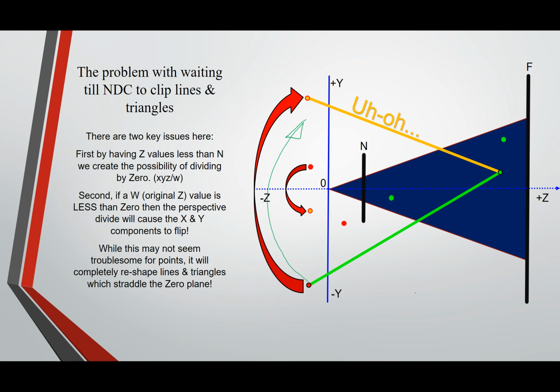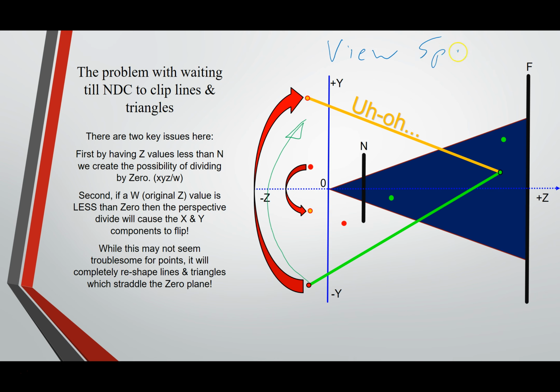Well, it can't be NDC, right? Because in NDC, 0 is where the near plane is. It can't be projection space either, because as we talked about, in homogeneous projection space, 0 also means the near plane because everything's been shifted. This definitely isn't world space, because the camera wouldn't be at 0, 0, the tip of the frustum. Definitely not local space, that's way too early, and we don't have any idea of where the screen is or anything at that point, nor in world space for that matter either. So that only leaves one space. This must be